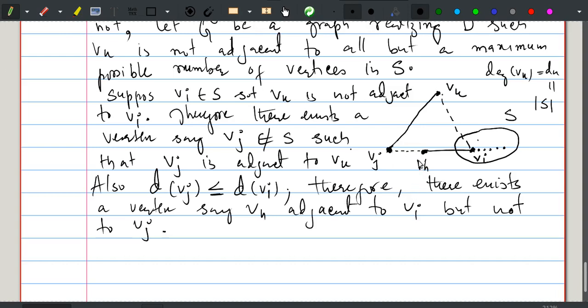Now let us do the following. Let us construct a graph